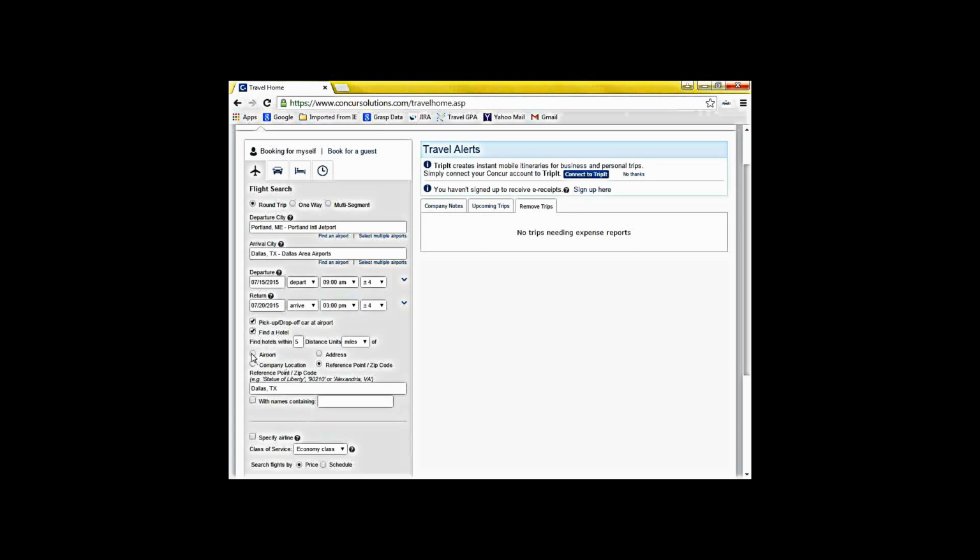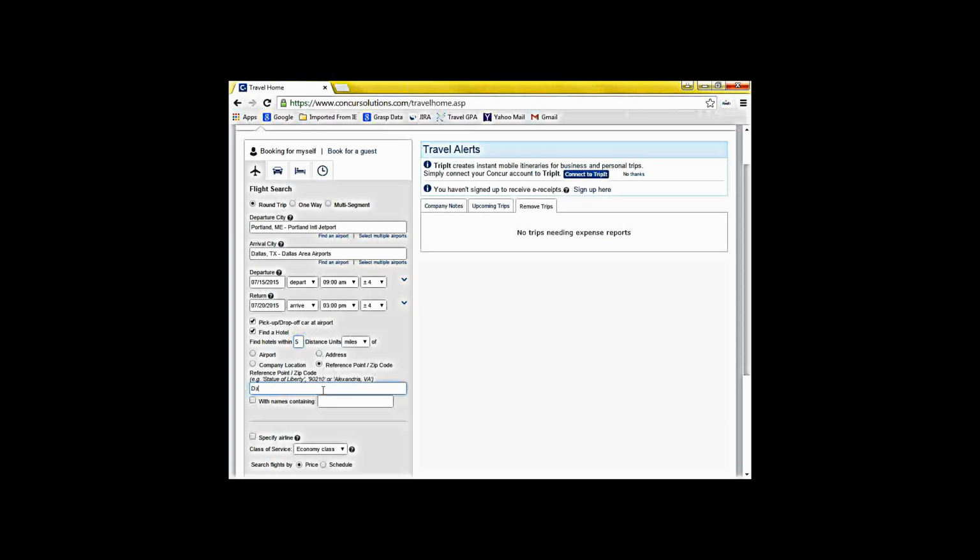So again, we have the option here. We could search plus or minus 5 miles. I could increase this if I wanted to. I could type in 10 miles if I wanted to. But again, we're going to try to keep it simple and go 5 miles. If I knew the actual address, I could type that in here. If I don't know the address and I know a reference point, which is what we're going to use today,